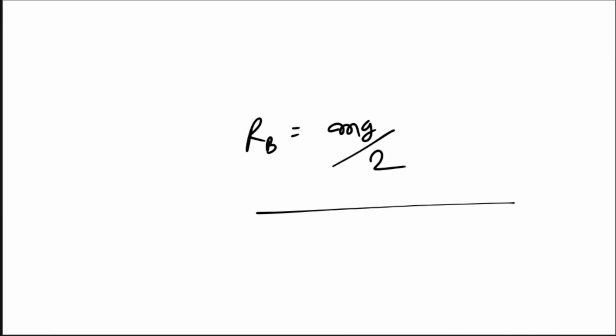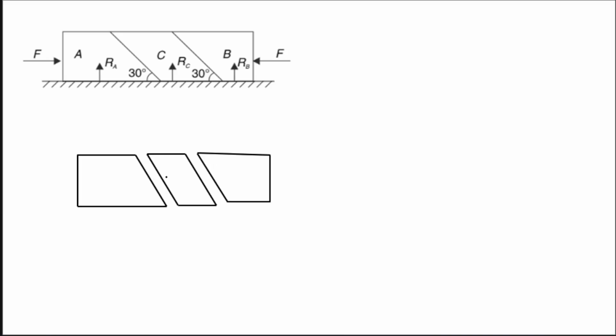Now we need to work on the block C. Now see, which forces are acting on C? C is in contact with A, C is in contact with B and C is in contact with the surface. So three contact forces will be there. Because of A, the contact force on it will be in this direction, and because of B, the contact force will be in this direction. Okay? These two are parallel, right? Their directions are the same. They are making the same angle with the horizontal. They are parallel lines, rather anti-parallel you can say. Okay? So this one we have named N1 and this one we have named N2. Okay? This is this, this is this.